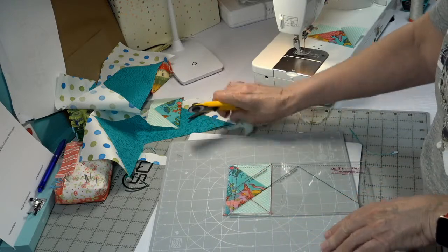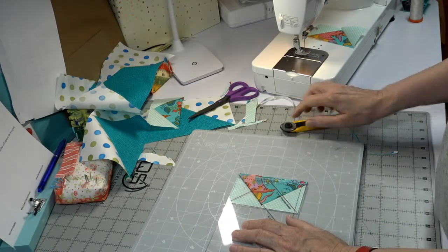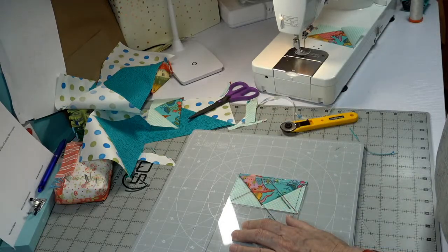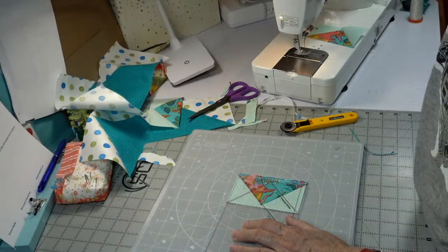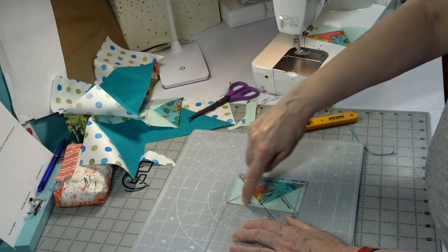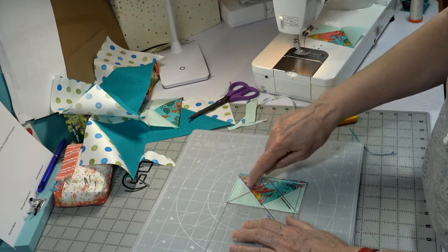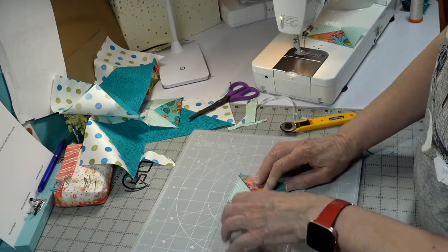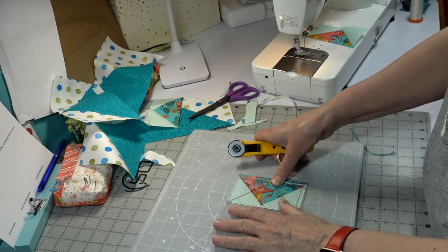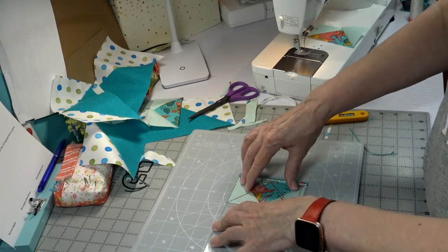Well, let me do it. I can do it this way, and you can see that way I can cut right. So the red line is at the very top. Okay, which guy's in the way this time? All right. The top of the geese is now lined up with the bottom of that triangle, and then the geese itself is lined up with that long blue line, or green, I can't really tell you which color it is. And I can feel that's the one that I didn't do the cut,